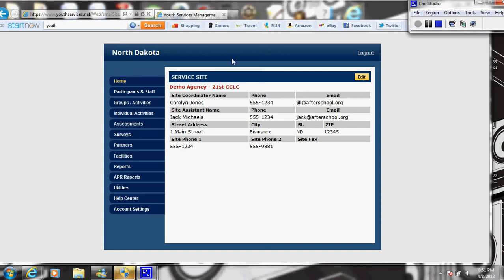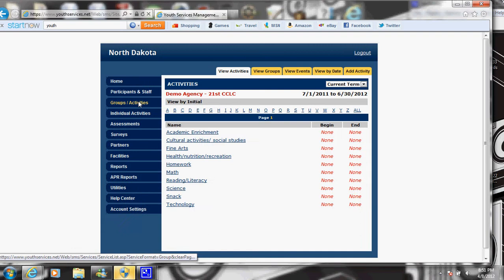During this training, we will be working with the Groups and Activities tab, the third tab down on the right-hand side. You will see at the top of this page we have View Activities, View Groups, View Events, View by Date, and Add Activities. Now it's really important that you work within your region or your area as a director